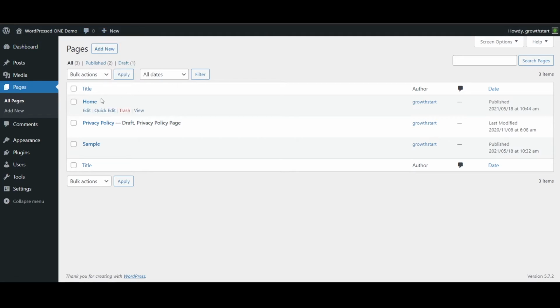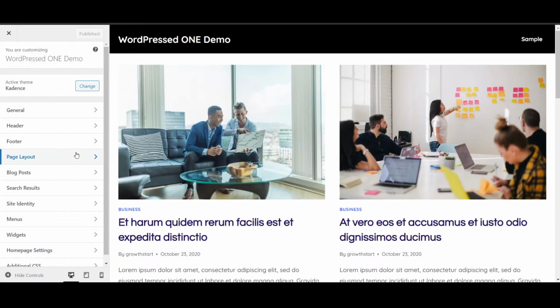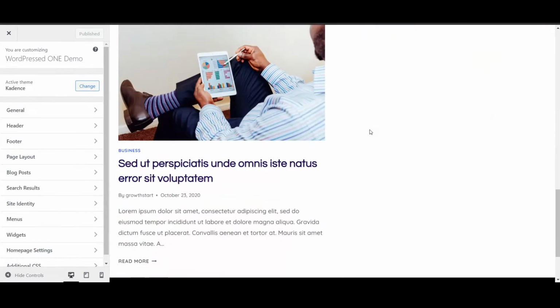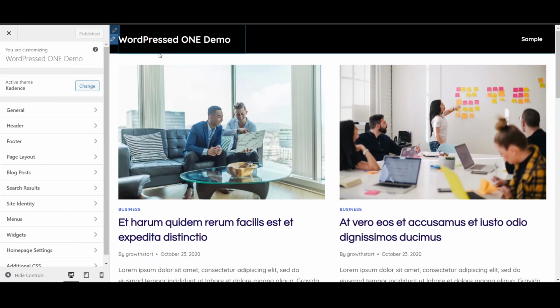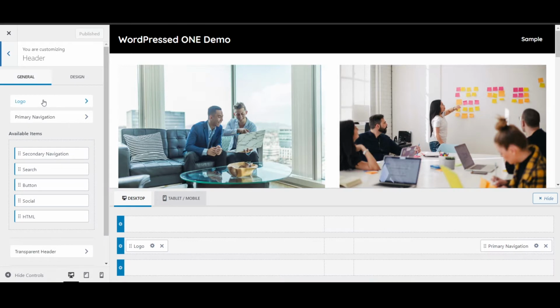The next thing we're going to do is go to appearance and then click on customize. Now we are in the Kadence customizer, and as you'll see, we've got our header over here and then we've got a footer section at the bottom. So the first thing that we want to do is add our logo to the top of the header. So how we'll do that is just go to header on the left here, and then we'll click on logo,